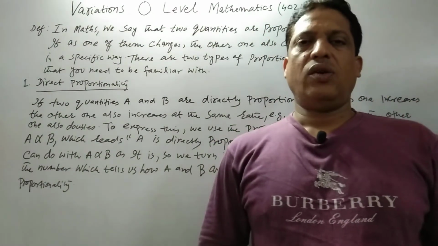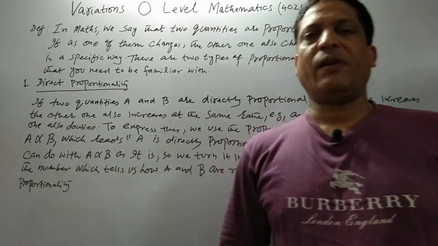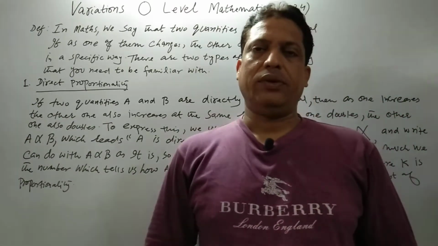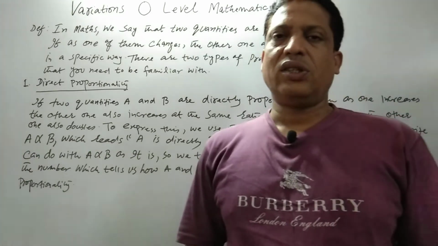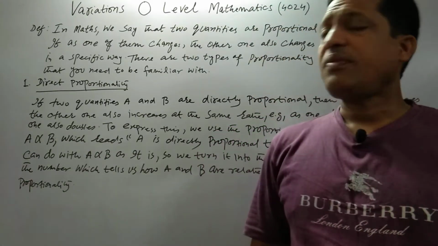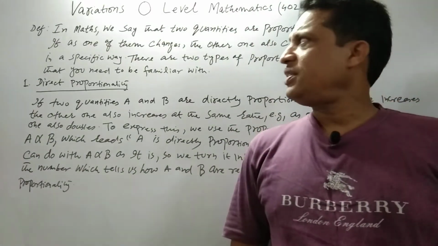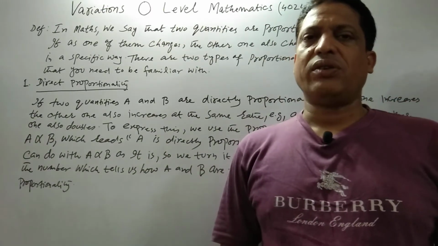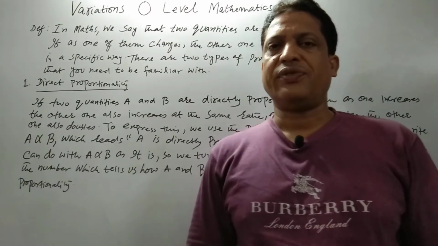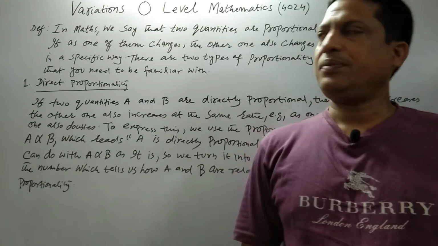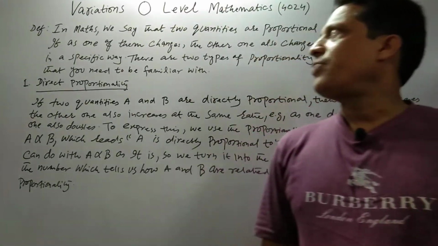Every year one question comes in Paper 1. Paper 1 means where calculator is not allowed. So for the importance of this topic, we will do in detail the definition, theory, basic concepts of variations, some examples, and some questions from book and past papers. So first have a look at the definition of variations.